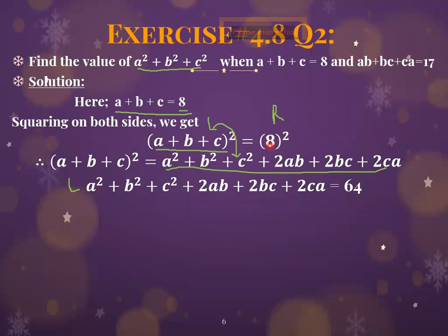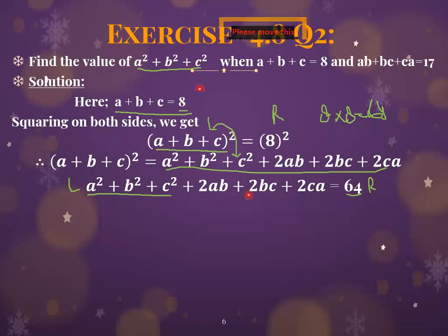Now simply you will take the square of 8. So 8 multiplied by 8 will be equal to 64. So simply you will write down that the square of 8 will be 64, and this is your right side. Understand? Now, what you have to do is find out this thing, because it is in the question.